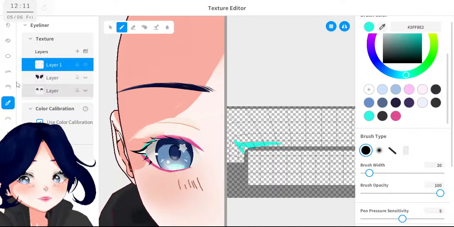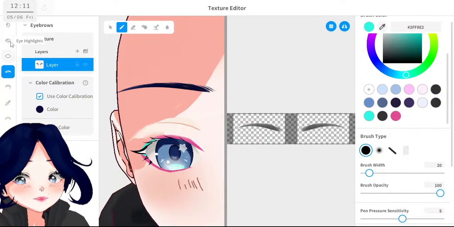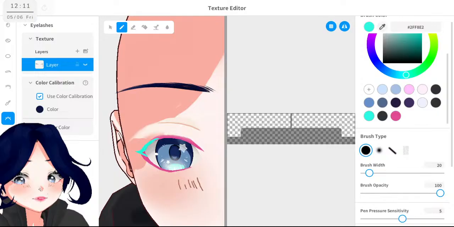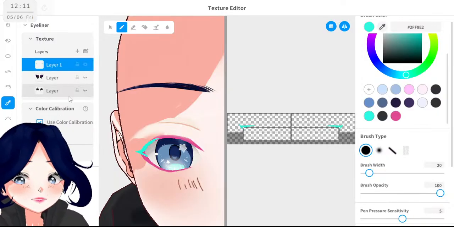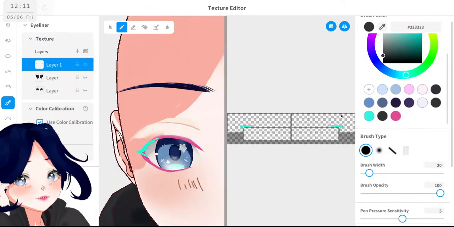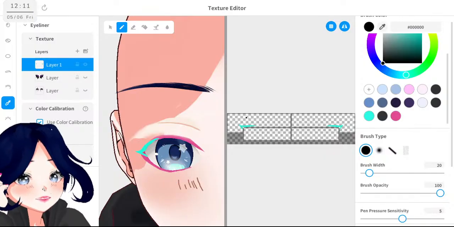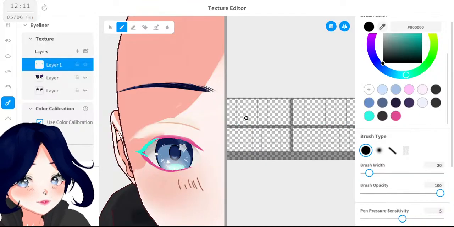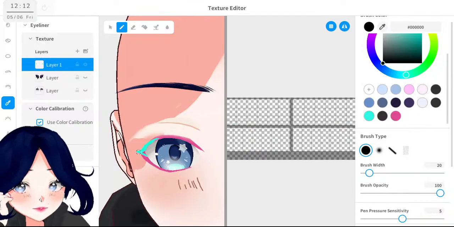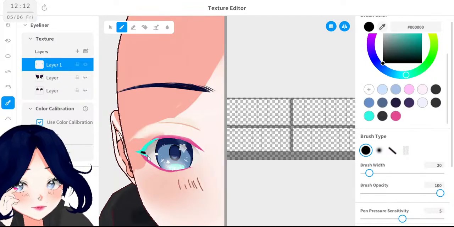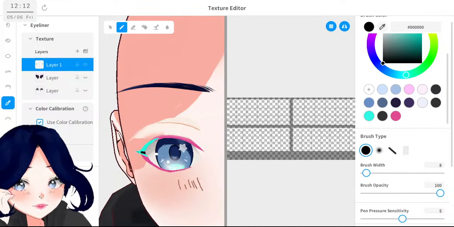Maybe I should hide that one and this one too, so I can get the right shape. And if that's the case, I shall go just with this, this is okay. Maybe I can try editing it here directly. I don't like to always do this because it's a little difficult for me.